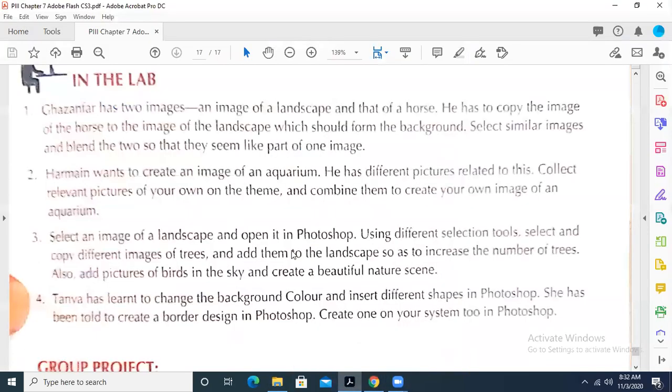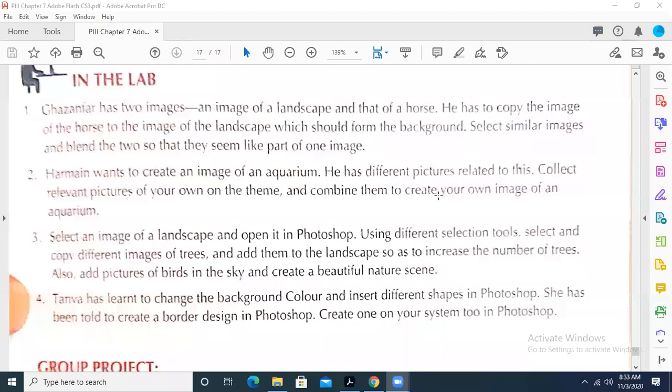Let me show you. Practical 1 was that you had to take one image as a background, one good image as a background. So we had taken a grassy field background, and you were supposed to attach a separate picture of a horse and insert that picture in your graphic.